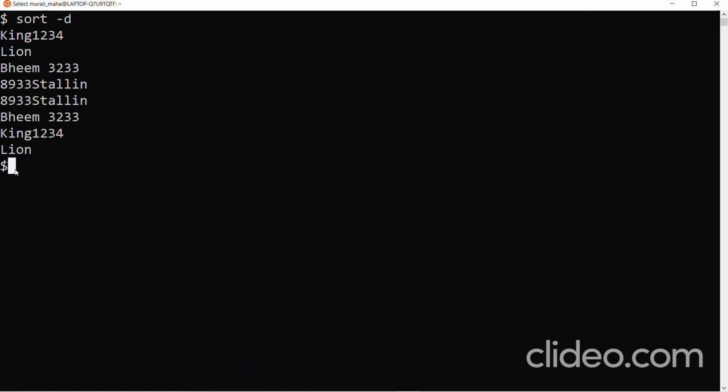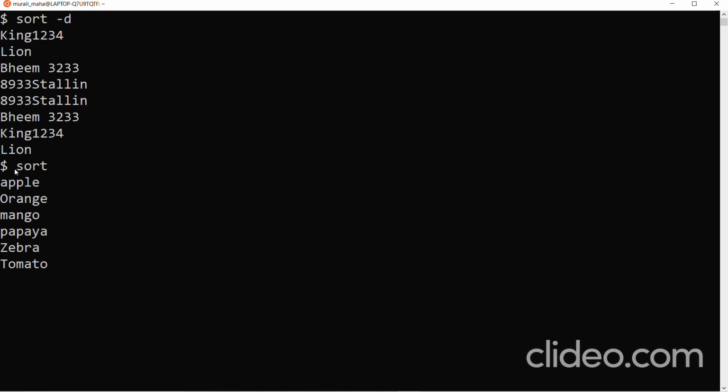Next, let us look at the option which ignores the case while sorting the input lines. First, let us understand the behavior if your words begin with lowercase and uppercase. Some words begin with uppercase, some with lowercase. What is the behavior in that case? Let us try to understand that. I'm entering apple, orange, mango, papaya, zebra, tomato, control D.